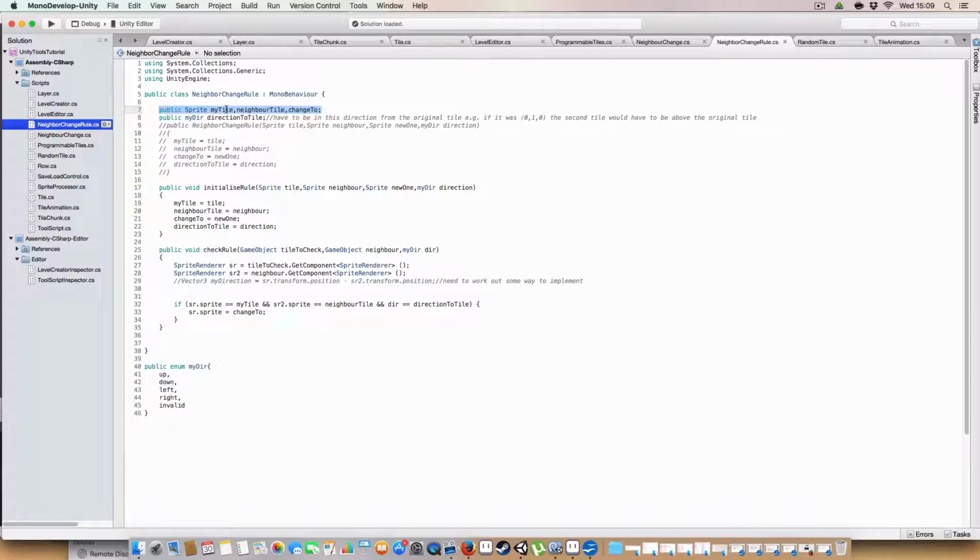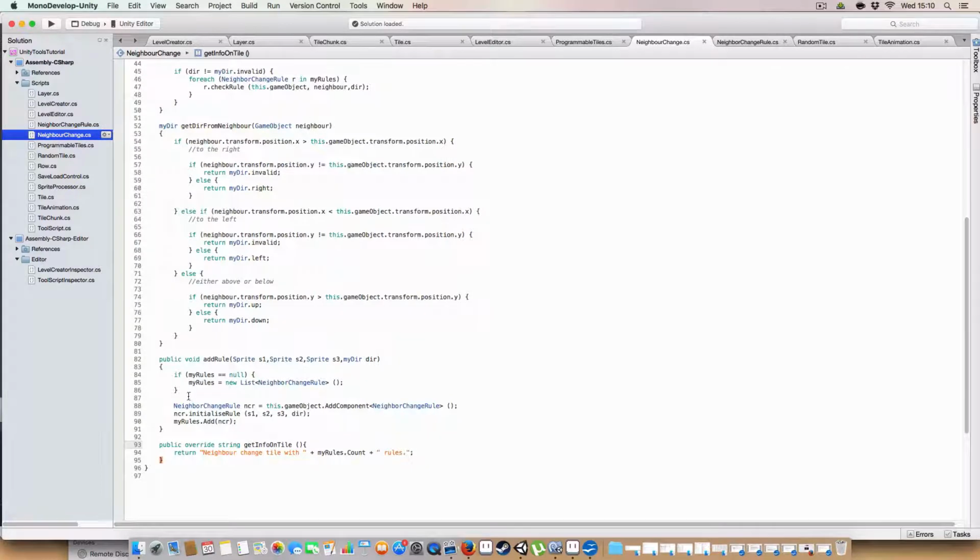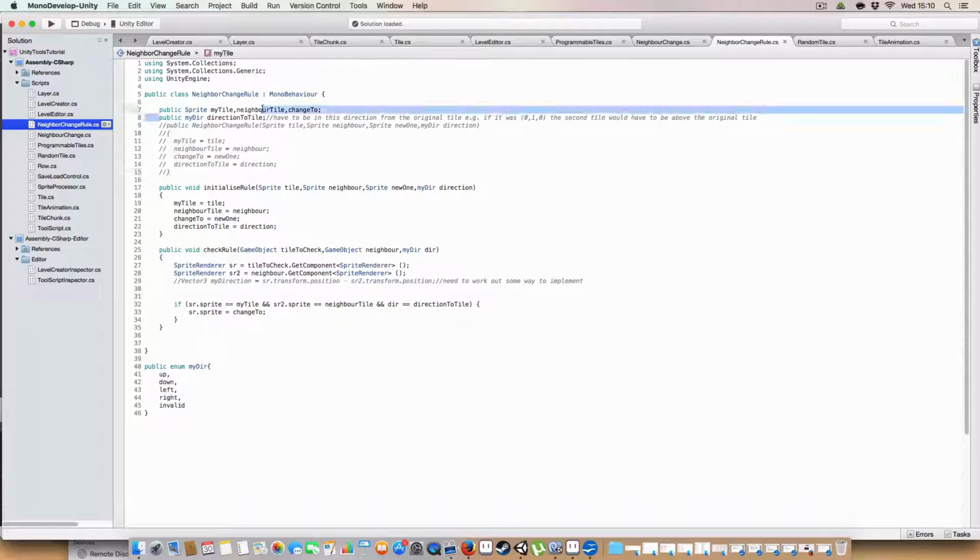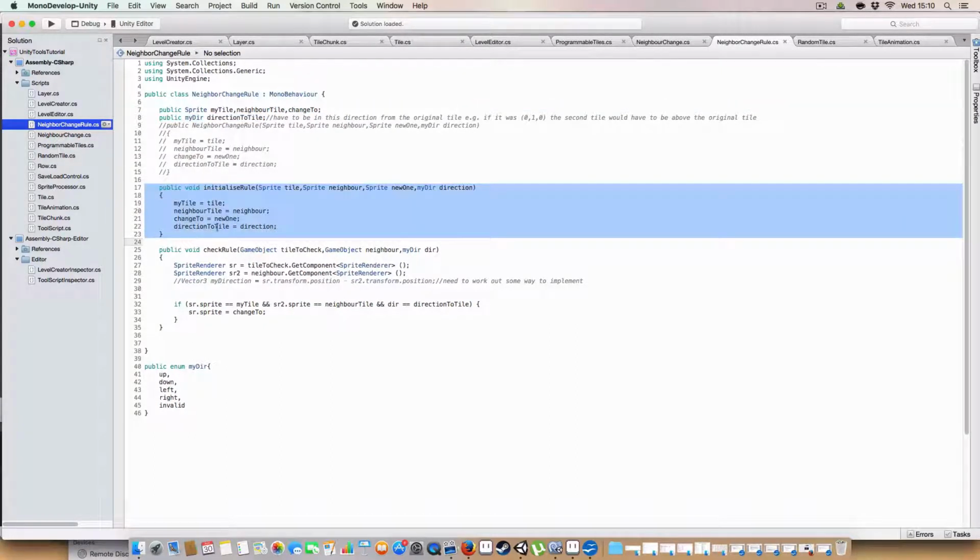Three sprites: my tile, the neighbor tile, and the change to, which correlate to the arguments passed in here when we're creating a new neighbor change rule. We've got the my day direction to tile. We've got a method to initialize these variables when the class is added. I kept it as a MonoBehaviour because it's just easier to serialize and I don't have to worry about saving it between